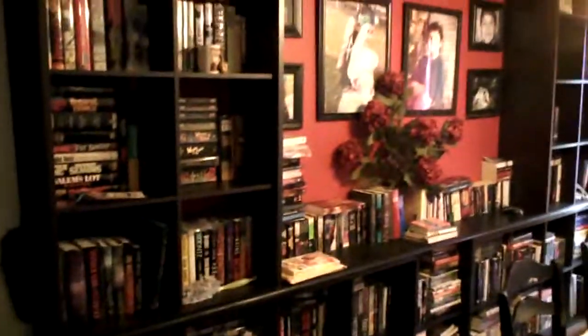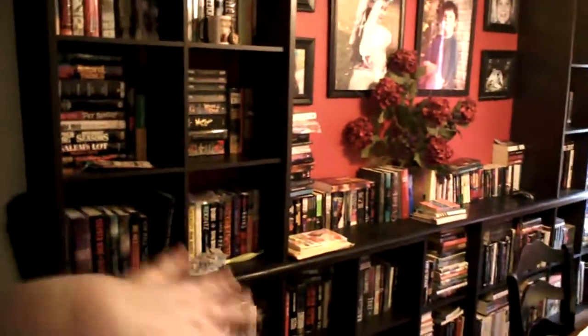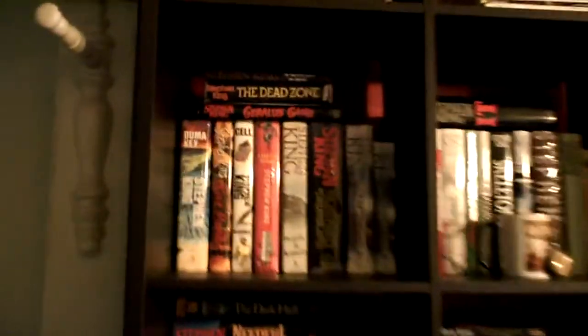So to start off, this is the big bookcase that's on the left of my dining room. These are the bookcases that we built when we first brought the books upstairs from downstairs. Excuse me if I sound rough. I don't really feel well today, but...